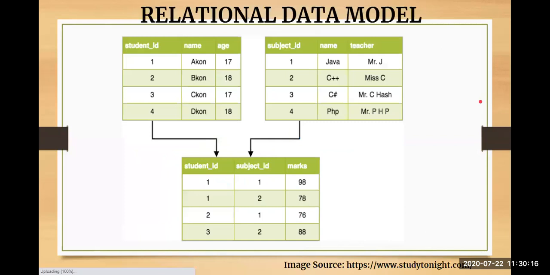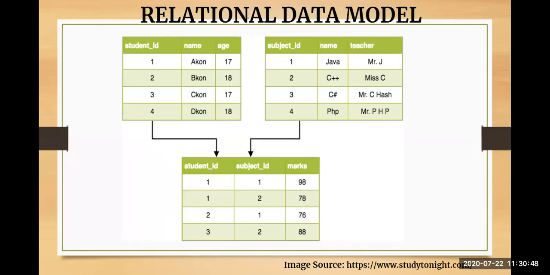So when I talk about the relational model, here the data is represented in the form of rows and columns, where rows are also called records or tuples, and columns are there. So in the relational model, the data comes from two or more relations. That is why it is called the relational model, and it came from Dr. E.F. Codd in 1970. He came up with Codd's 12 rules, and according to those rules, the data is stored in your relational data model.